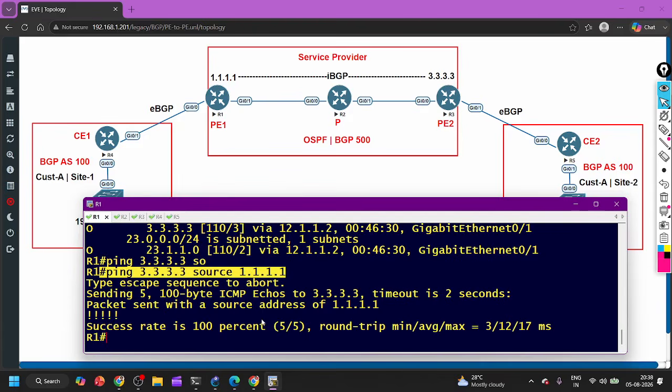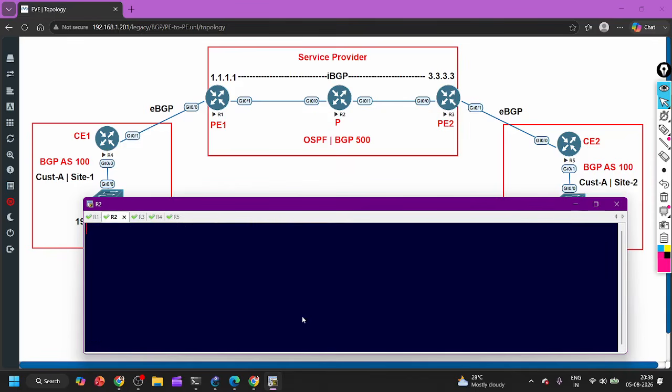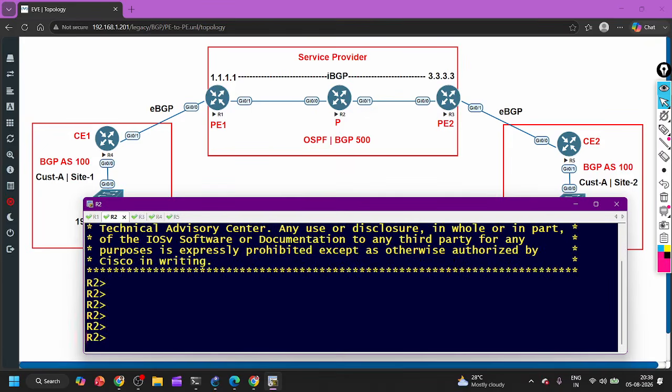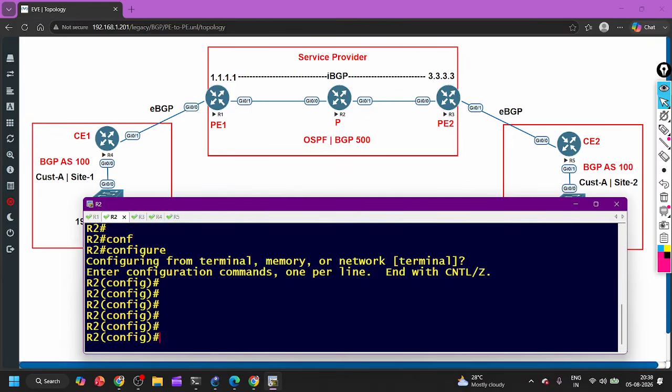I will talk about ISIS also later, right? You will understand the benefit of using ISIS over OSPF. ISIS works at layer 2, so it uses less CPU as compared to OSPF. Apart from this, on the provider router, I'm running OSPF, and I'm going to enable MPLS on both the interfaces,